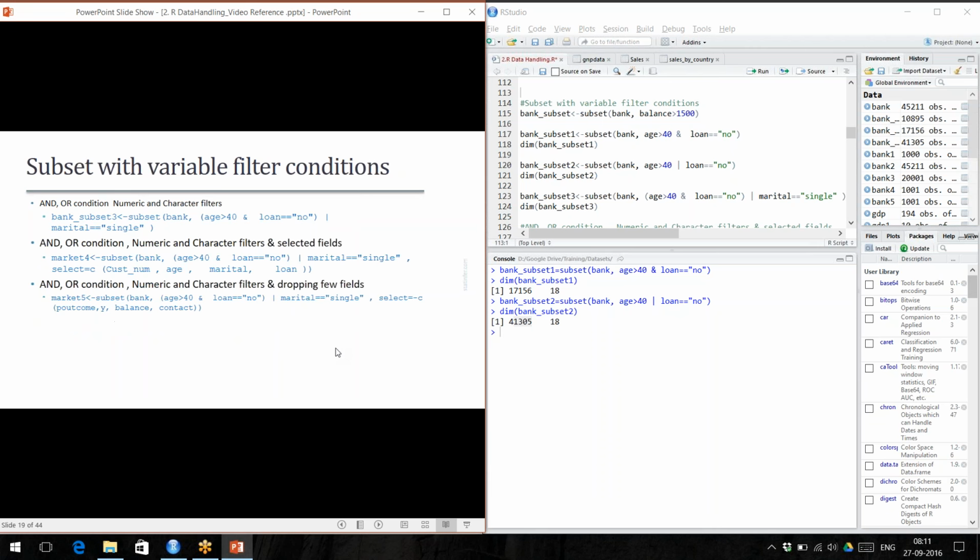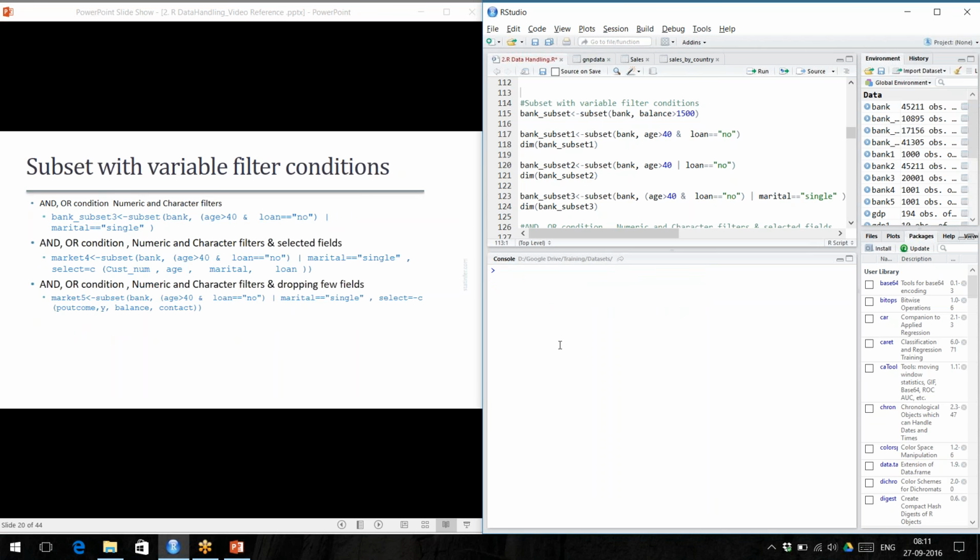Yes, okay. So we can even increase the complexity, like we can put multiple conditions. It's not like just one or two simple conditions that we might have to do while we are doing the subset. We might sometimes have to take an and condition and an or condition together. Let's say in the same example that we have taken, age greater than 40 and loan equal to no, we might have to add another or condition. So this is condition number one, age greater than 40 and loan equal to no, or that is first condition,